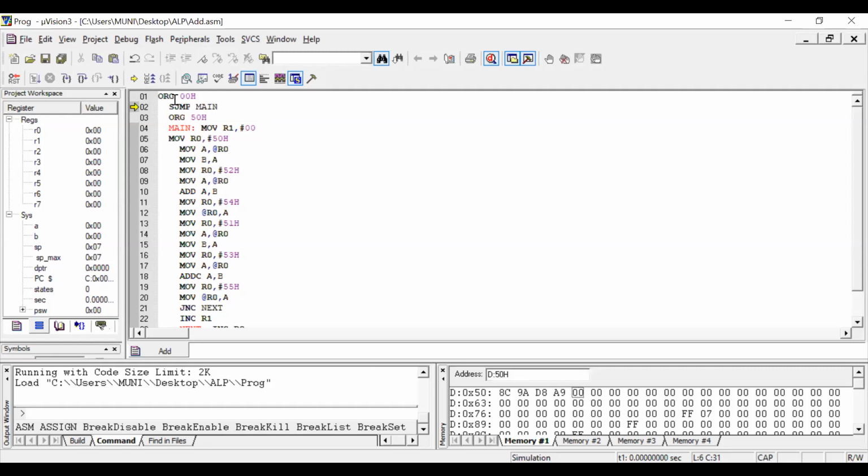The first one is origin 00H. In an 8051 based microcontroller, after completion of reset, the program counter and all registers are initialized with 00s except the stack pointer.